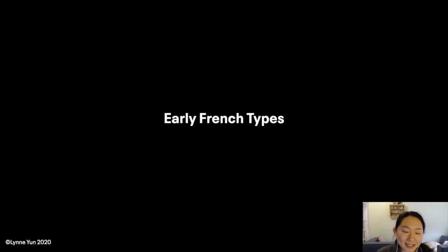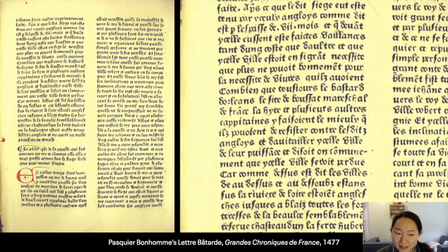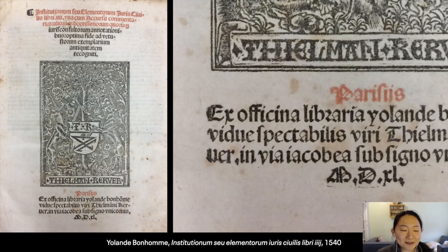And here we go into France. Of course, just the same with calligraphy, we're also talking about efforts to import the national handwriting styles into type. And so we see Bonhomme's Letter Bâtard, where he was trying to bring the French Gothic style of calligraphy into type. And I also want to mention his daughter,